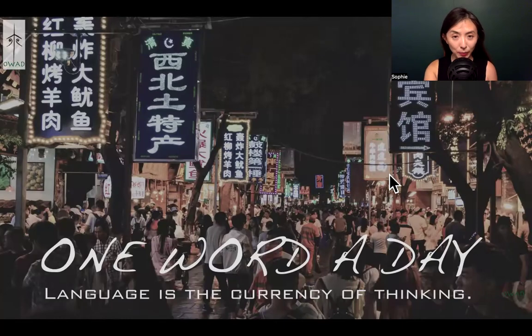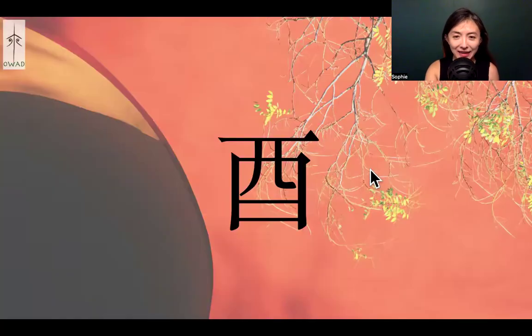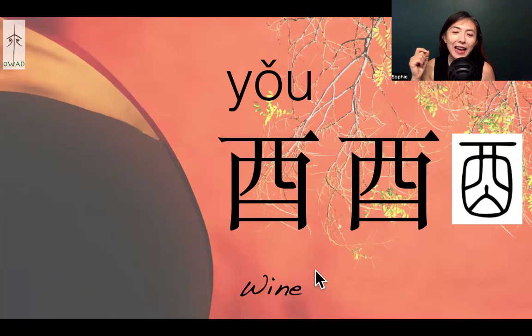Let's continue exploring this one horizontal line on the top of the frame and its dangling things from it. So today we add one additional stroke at the bottom, as opposed to yesterday's 西, this west concept. So when we have two horizontal lines, could it be even further west? It's further from truth. Okay, I translate it as wine, but today in our everyday language, we have another character